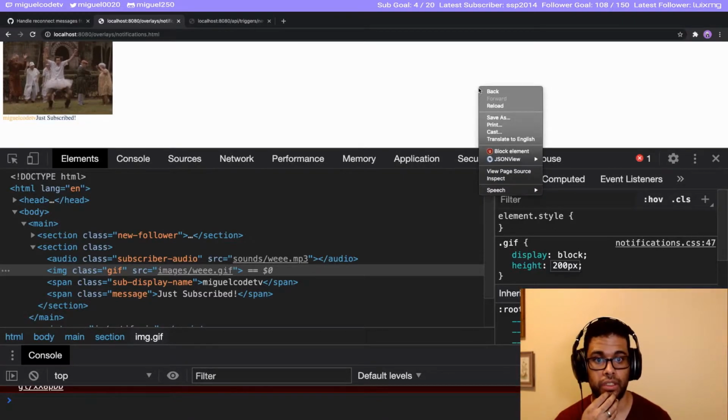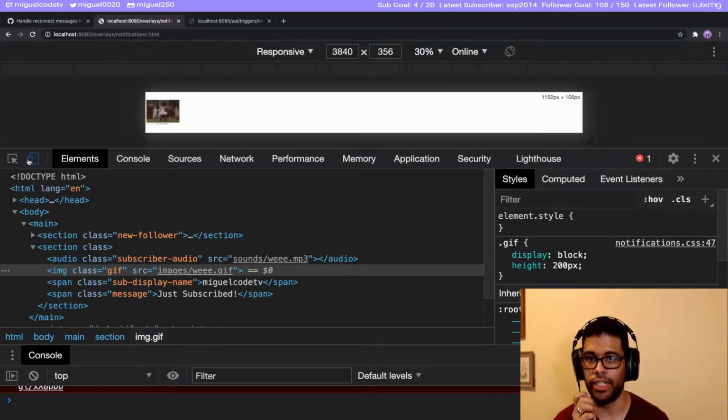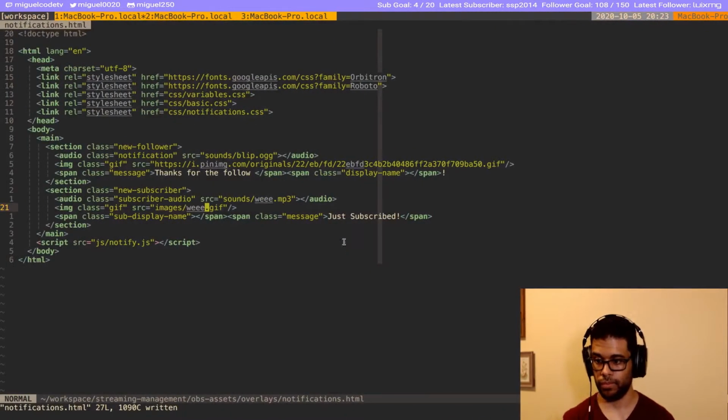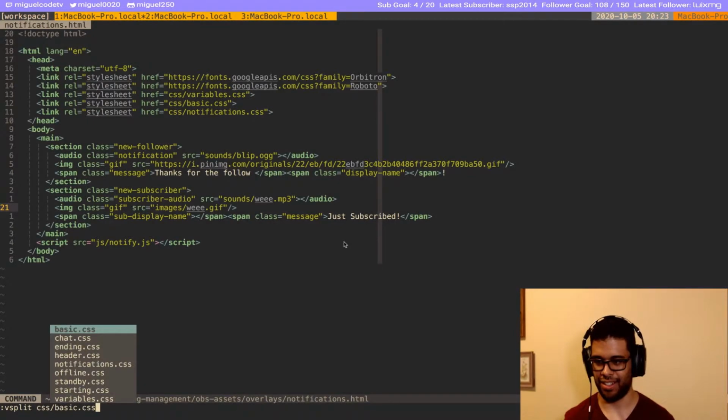Oh, I could test how it would look like in our editor. So in OBS, so this is how it would look in OBS. And then just re-encode it. I think maybe we should try 200 and see how it looks.